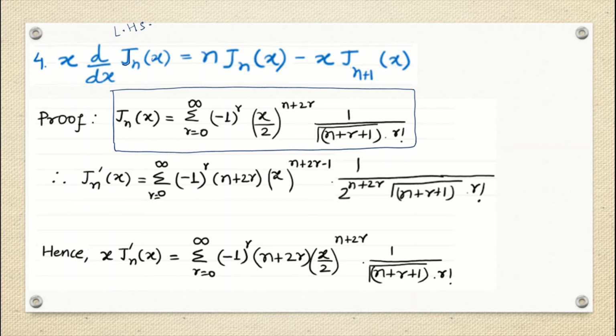This is the same thing we have discussed just now. We are doing the same thing, right? This is only one change we have made. Everything else is same. Now I am going to multiply x here. So I multiplied x here. So what I have got is that x is multiplied. So the power of x, even the power of 2, both are now same. This power is nothing but n plus 2r. Fine. Okay.